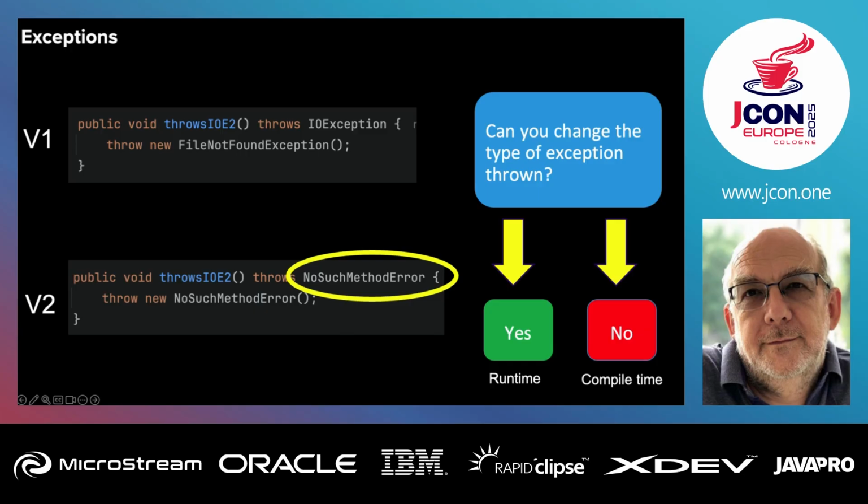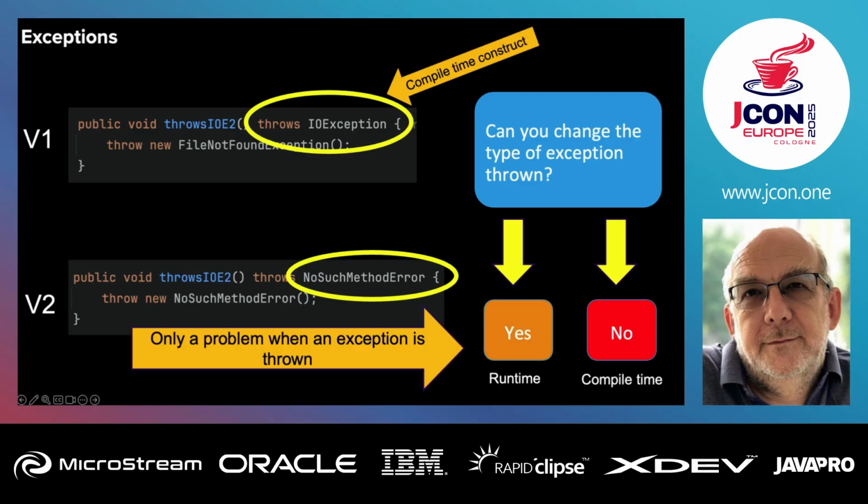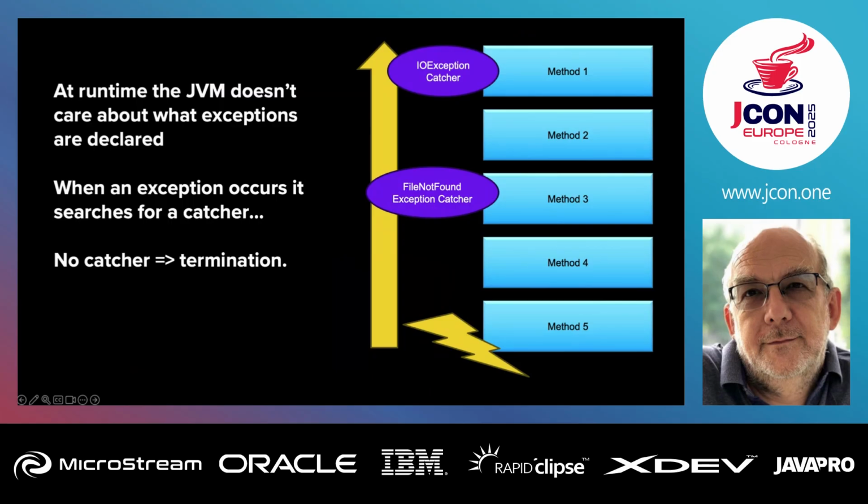Runtime doesn't care because of the way JVMs work. The exception set is not part of the method signature. So what happens is that you have all this throw and catch stuff, and JVMs don't care. All the JVM does is, when an error gets thrown, it looks up the stack looking for somebody to catch it. That's all it does. It has no relevance otherwise. So checked or unchecked exceptions, runtimes don't care.